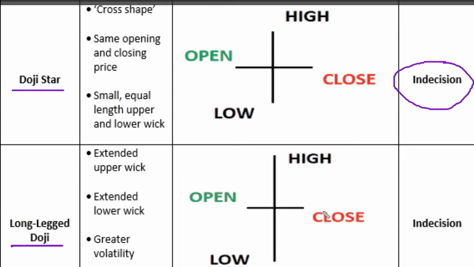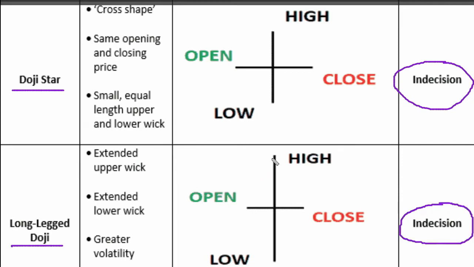This is also similar to doji star, but the main difference is the head and the tail is greater as compared to doji star. It shows the buyers and sellers are interested in trading and they are trying to move the price up and down. Long leg doji has a high volume, but finally they are not able to dominate each other, so open and close is almost same. The trading psychology of long leg doji is indecision even after having the great volume,